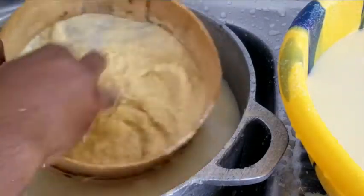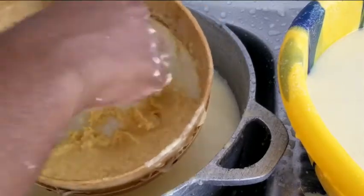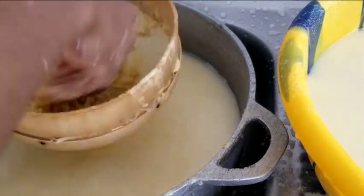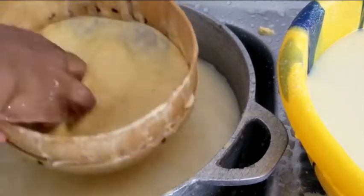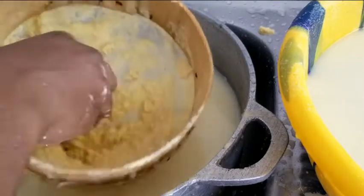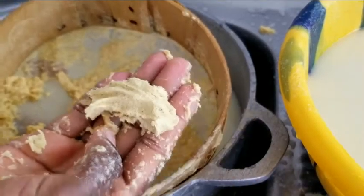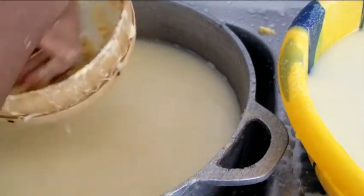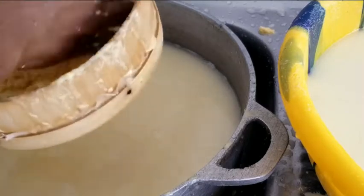So you're going to do that, and now whatever chaff comes out, you can't wash again, because I believe we have removed everything that was in the chaff. You can see that the chaff is going to look dry this time around. Okay, it's going to look very dry, so you know that everything is out. You don't need to wash it again. So after this particular set, you can see that the chaff is very dry, so there's no need for you to go ahead and try to wash it again. So you keep the chaff aside, and then what we have in the